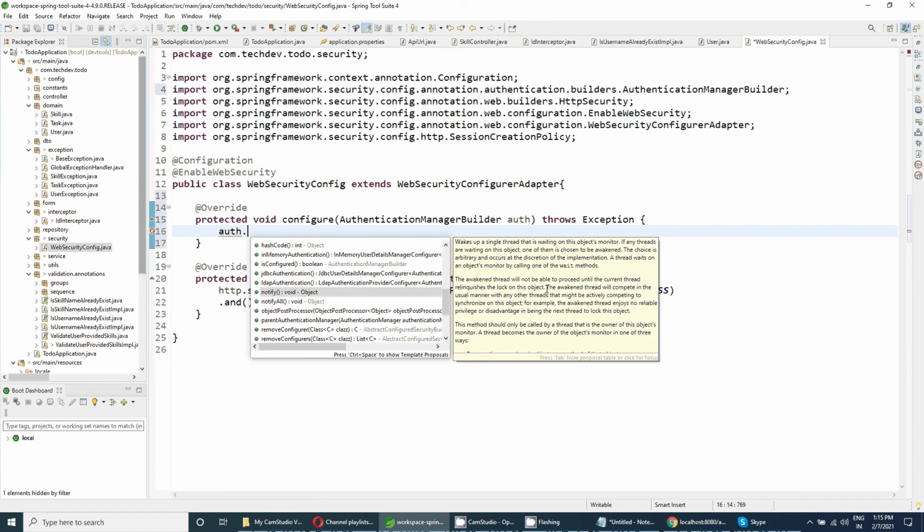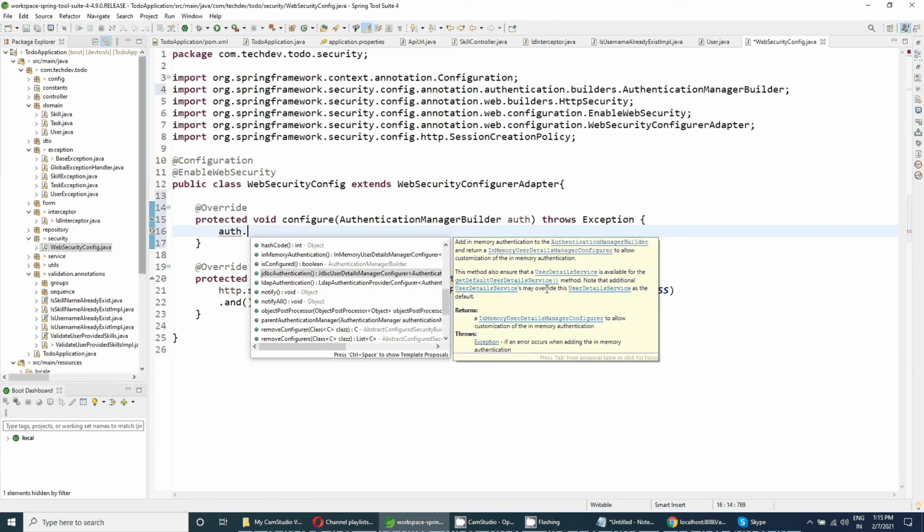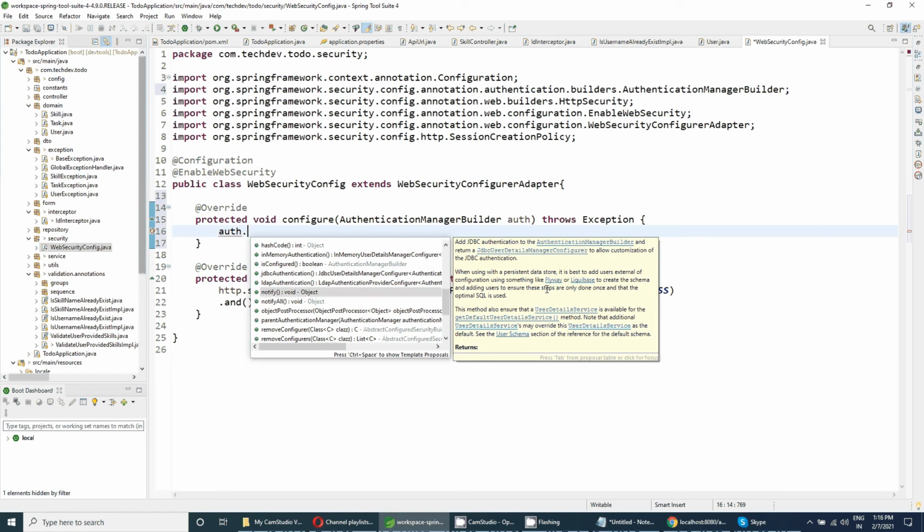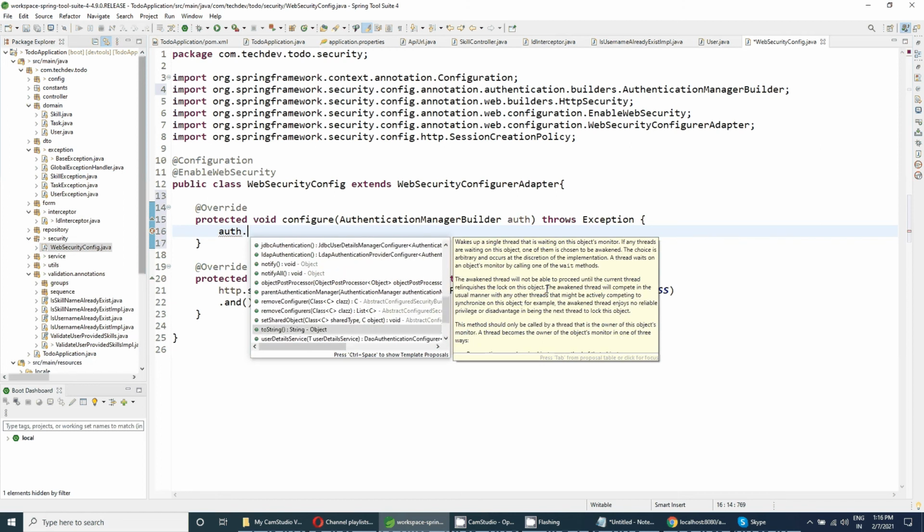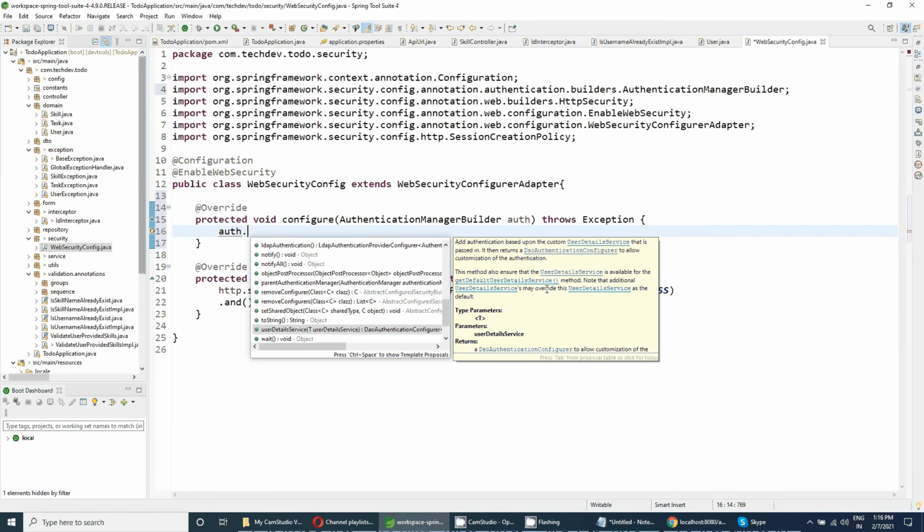After this, first of all we have to define which kind of authentication we want, and inside that other related configuration will be required for that kind of authentication. And then finally, to authenticate, the UserDetailsService is to be used.